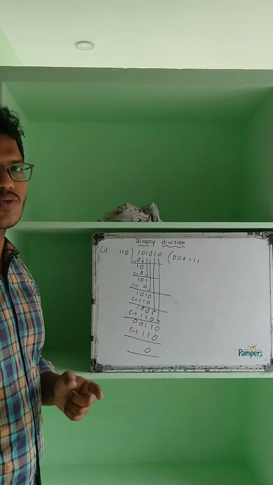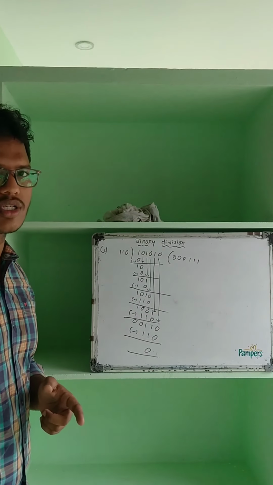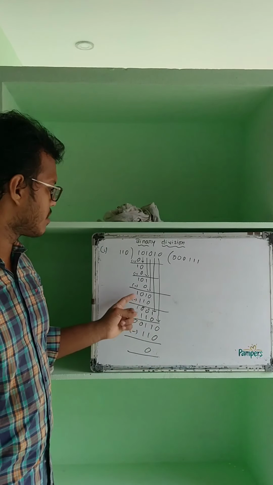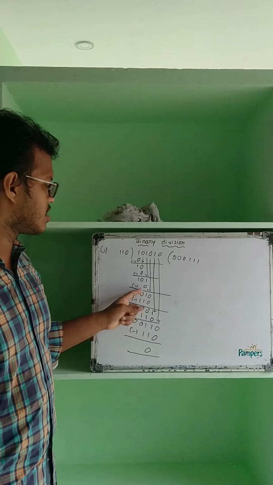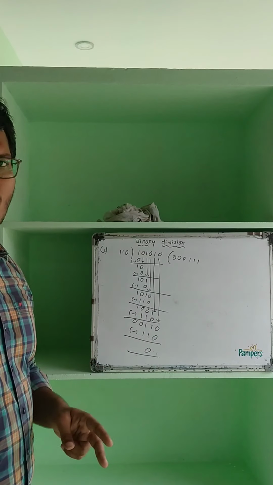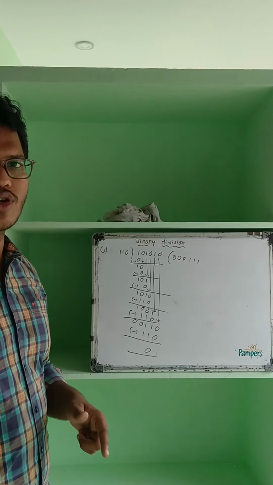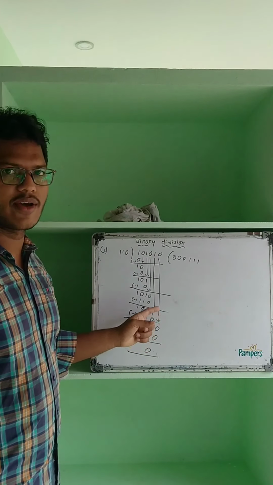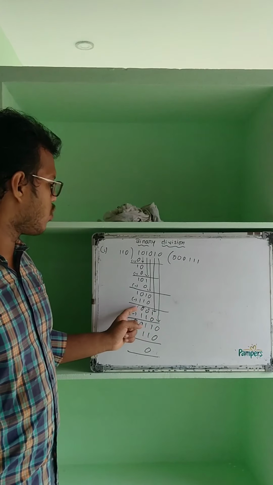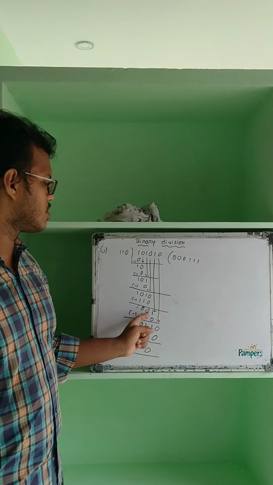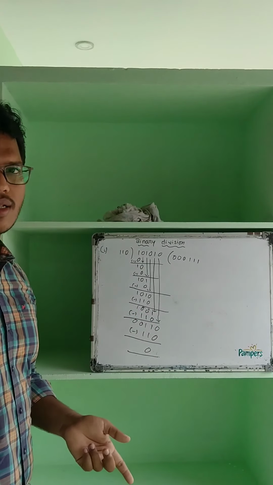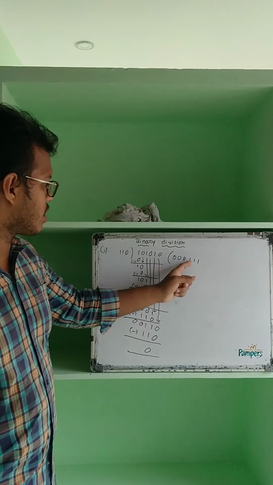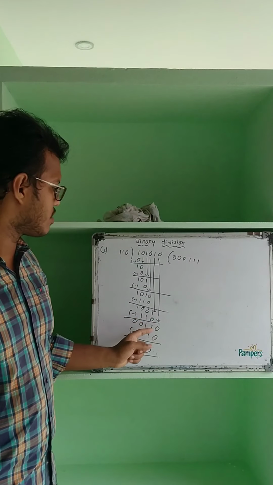0 minus 1. Minus 1 does not exist in the binary number system. So take the borrow from the next digit. If you take the borrow from the next digit, the borrow will be 2. The 2 minus 1 is going to be 1. So take 1 here, then 1001, which is greater than 110. Then multiply by 1 here, 110.